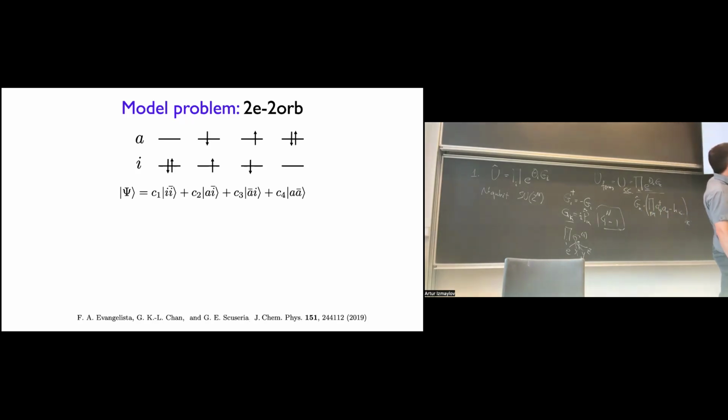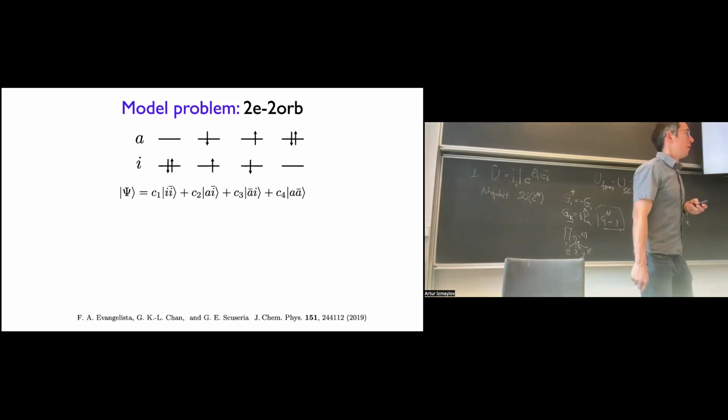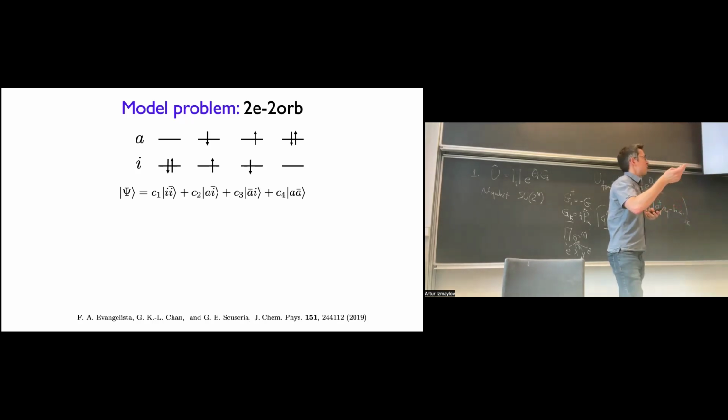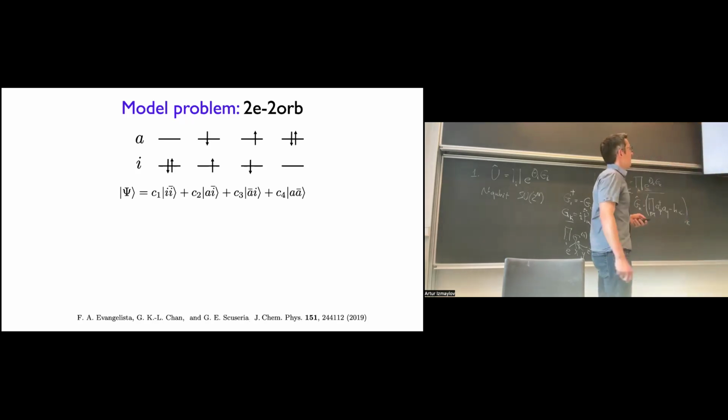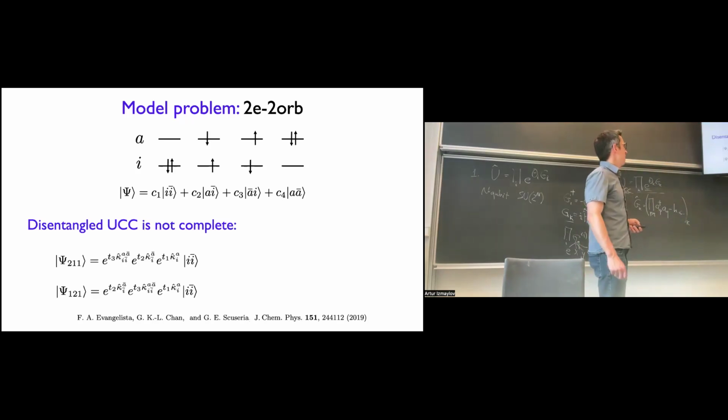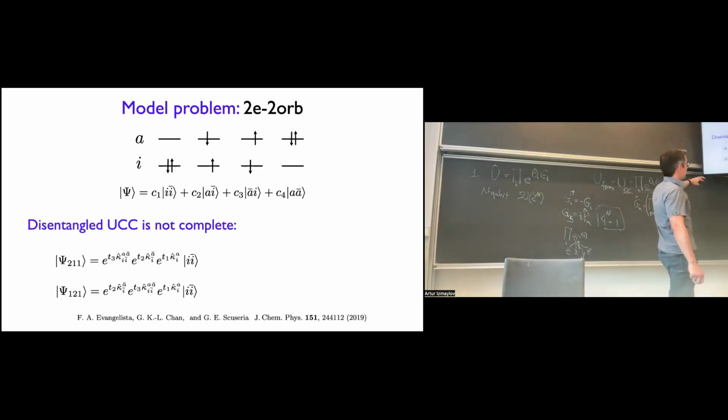And then the bar on top, or absence of the bar, corresponds to either alpha spin or beta spin, right? So we start with a Slater determinant, like a Hartree-Fock one, doubly occupied on the I, and then some other determinants, right? And if this is a very simple system, which allows us to say, all we really need to think of here is 2 types of excitations